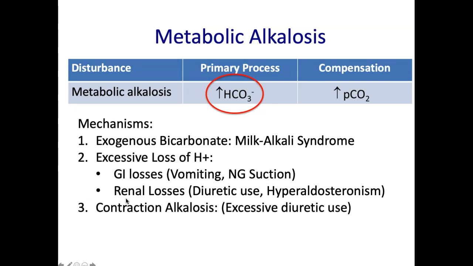Also, you can lose too many protons in the urine. So diuretics can do this, and I mentioned this in the prior lecture. Diuretics can stimulate bicarbonate reabsorption proximally, and it stimulates proton secretion distally. And also hyperaldosteronism, right? Because those distal proton secretion processes are stimulated by mineralocorticoids. So if someone had a tumor secreting way too much aldosterone, it can basically stimulate that to a disorder like a metabolic alkalosis.